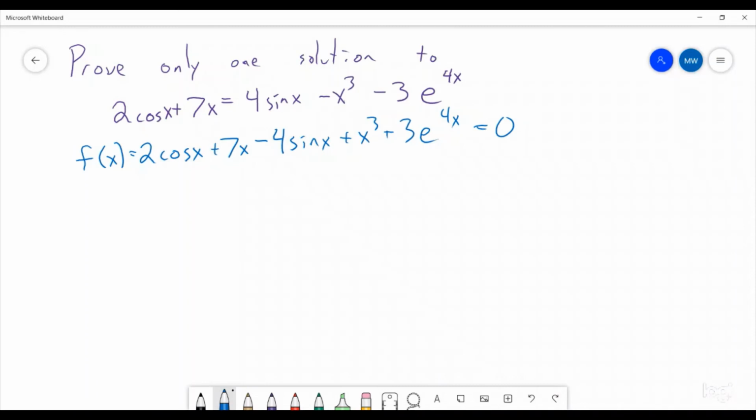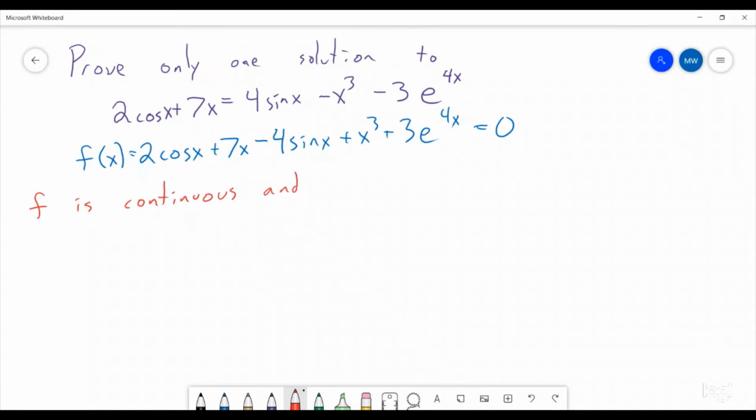So, if you are ever asked to prove there is only one solution, the way to do this is break this up into two things. Use the intermediate value theorem to show that there is one or more solutions, and then assume that there are two or more solutions and show that the mean value theorem gives us a big problem. And then because we get that big problem, that means there can't be two solutions, which means there is only one solution. So, first thing is we are going to say that f is continuous